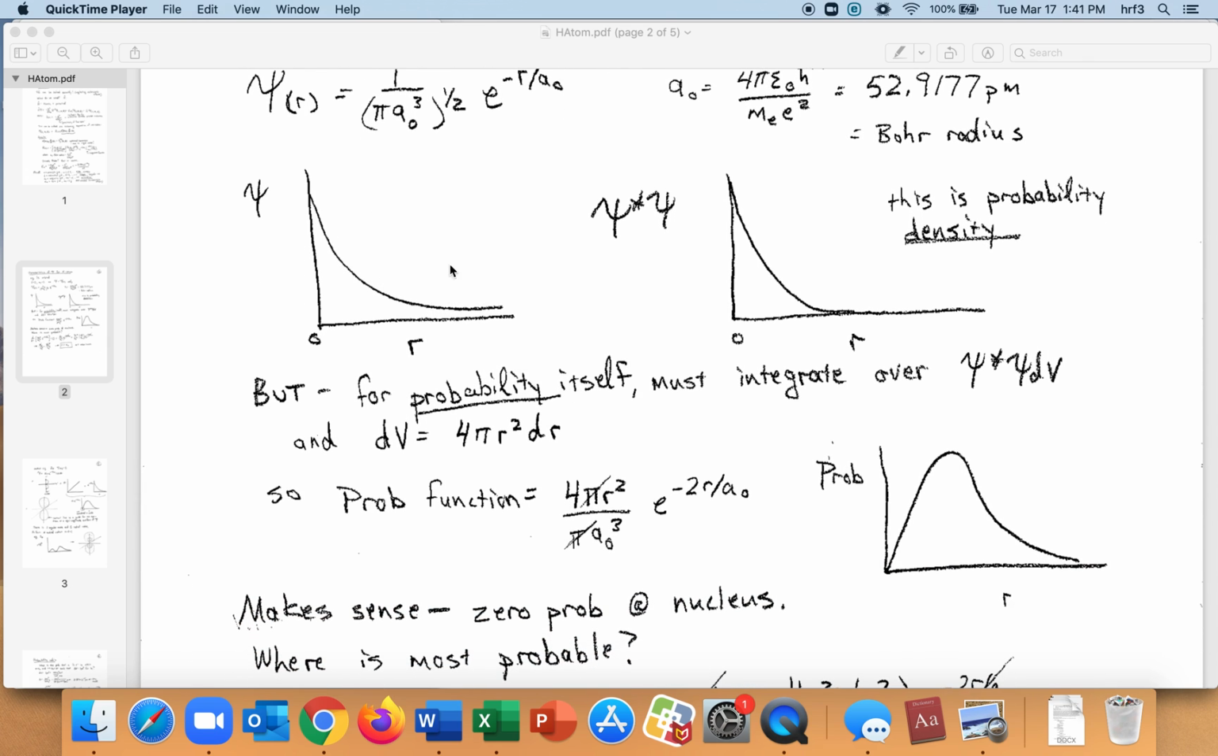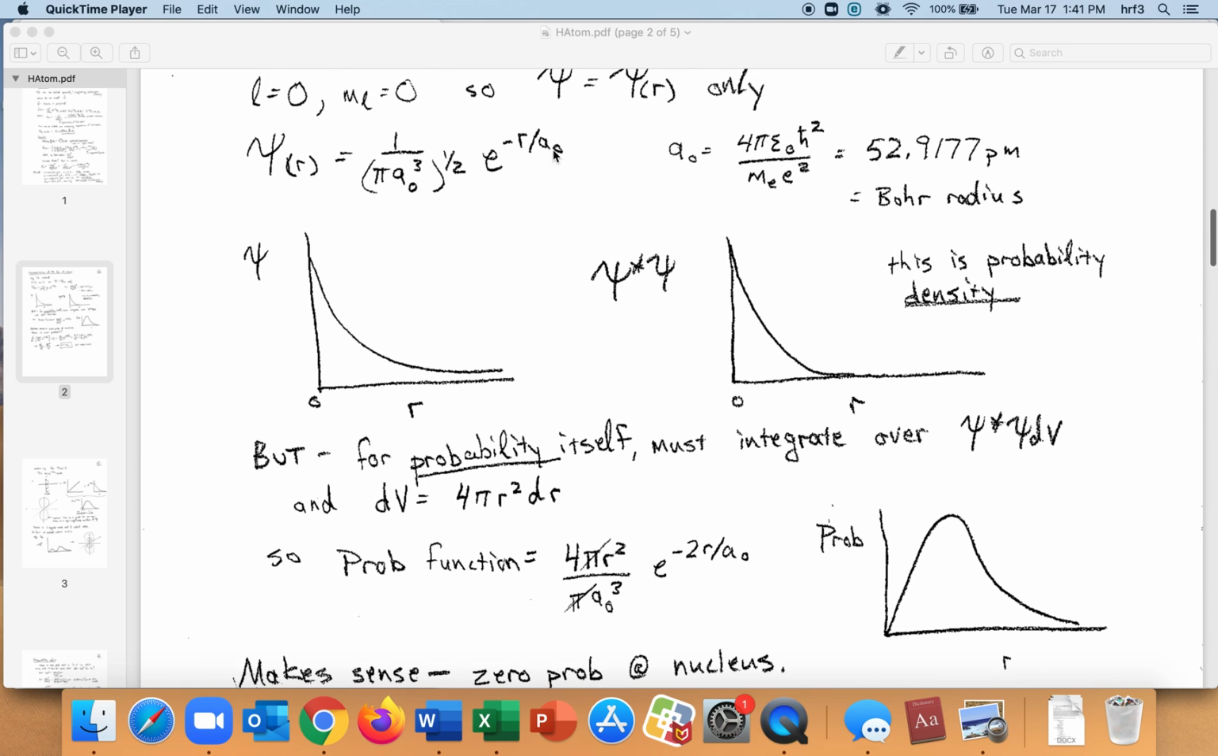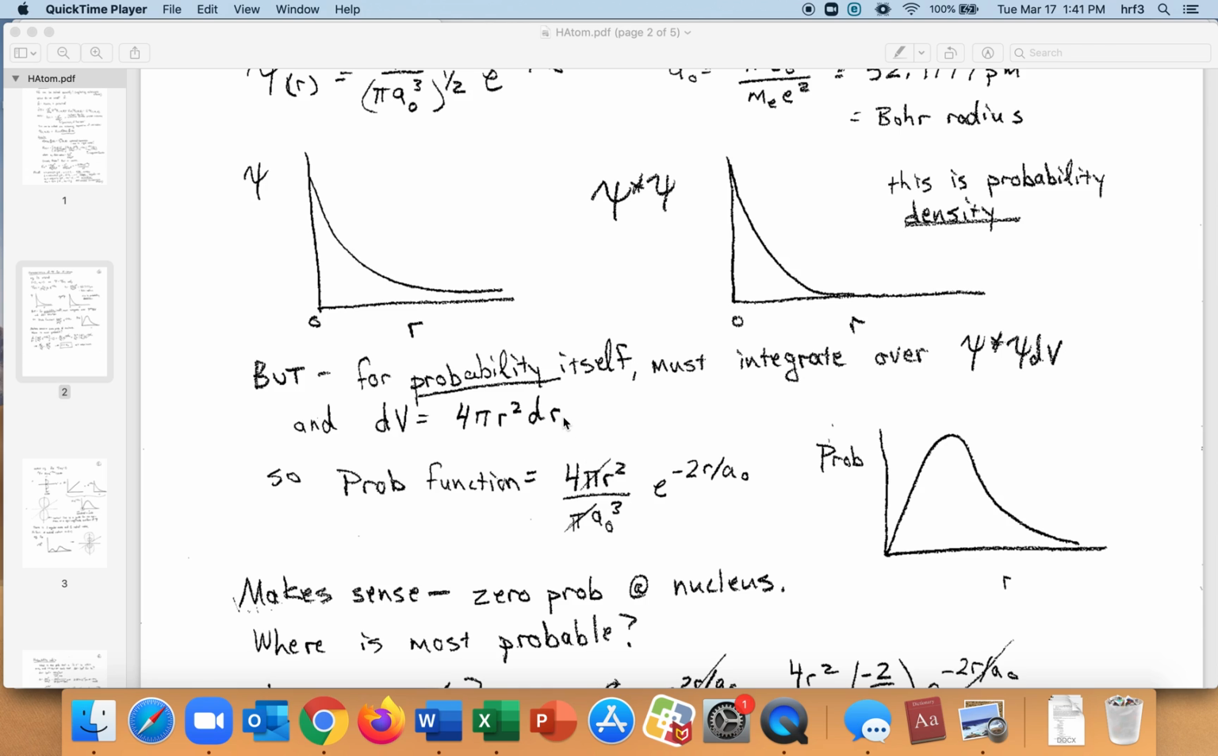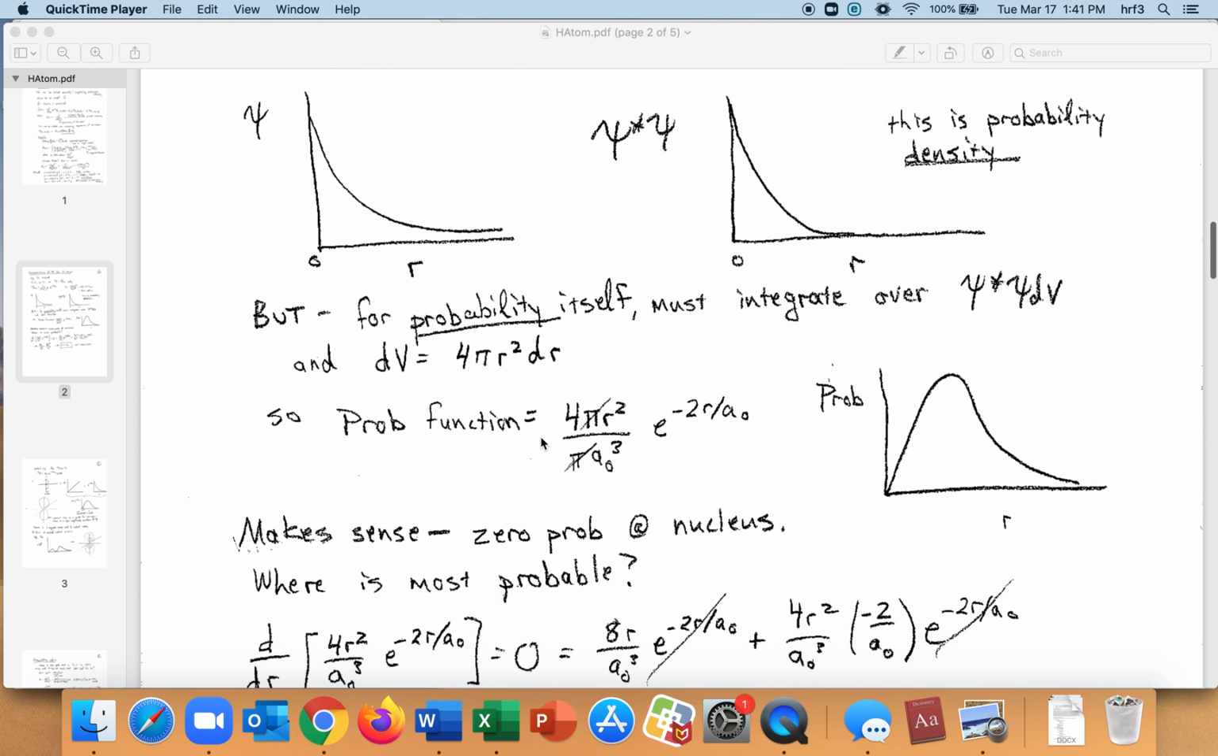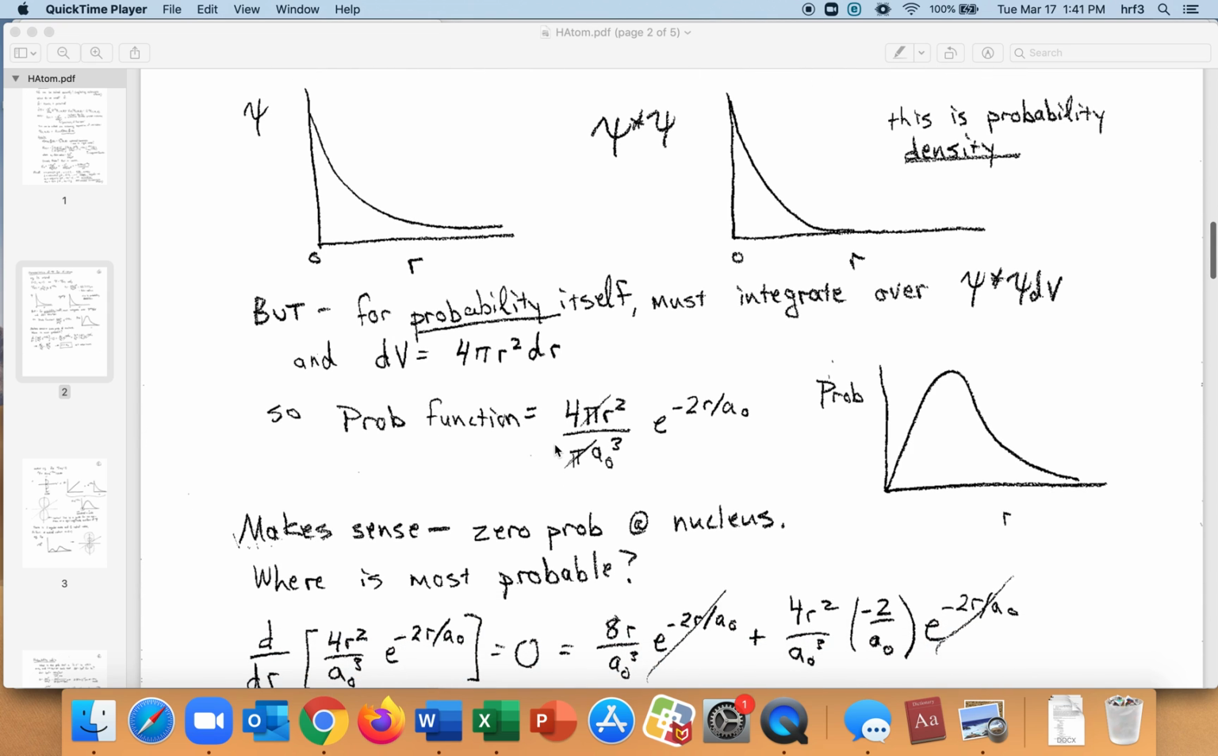So that's the wave function. It just decays exponentially. Wave function squared also decays even faster. But for the probability, we also need to multiply by the volume element, and the volume element has r squared dr. So this is the volume element of a sphere. So then the probability function, when you multiply psi star psi dV, you have that r squared in there, so